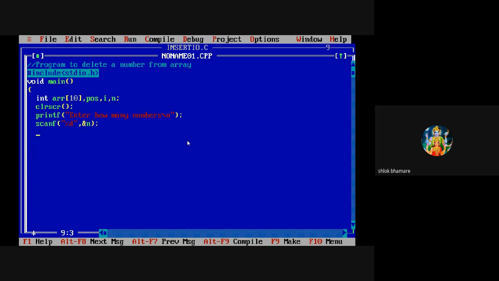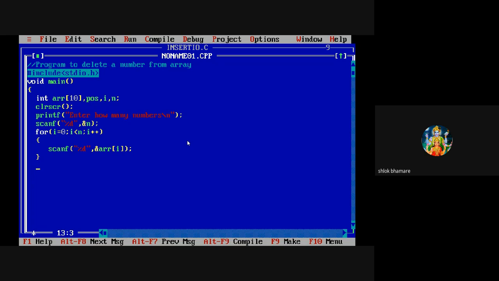So we will execute for loop up to n. So here we have accepted the numbers.